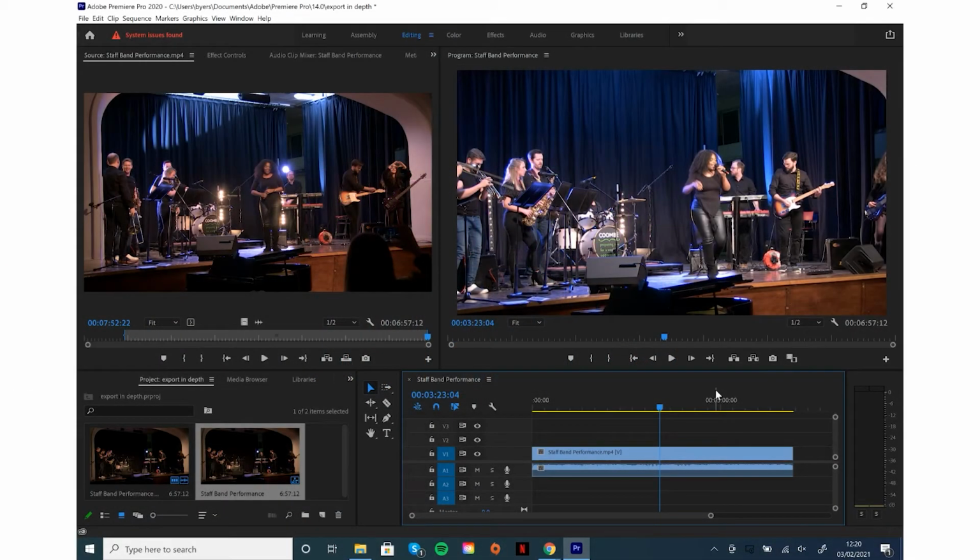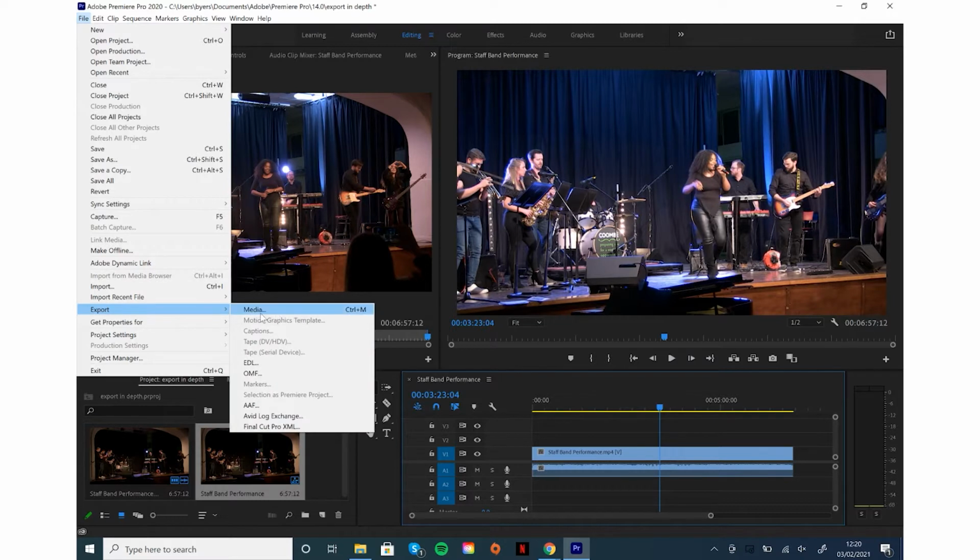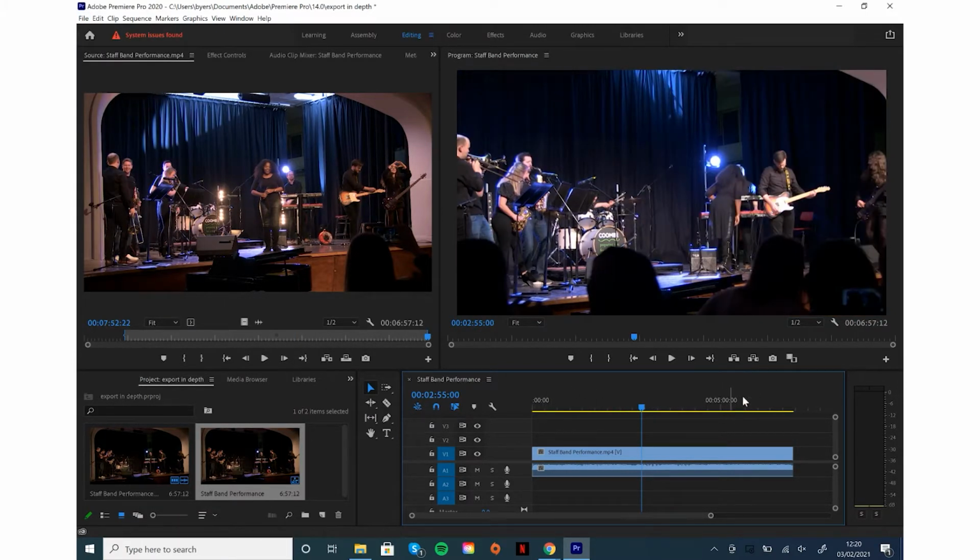Hello, in today's video we'll be taking a more in-depth look into the exporting process. The first thing you want to do before you even go to export your project is to ensure that your sequence is fully rendered. As you can see from the yellow bar, this clip is not actually fully rendered. Although it has no effects on it and it's just been dragged over from the bin, it still is not